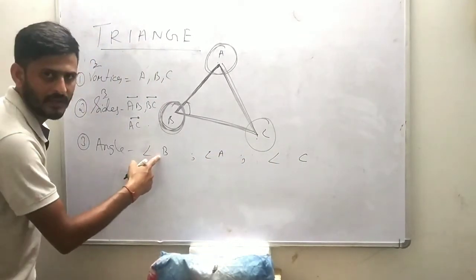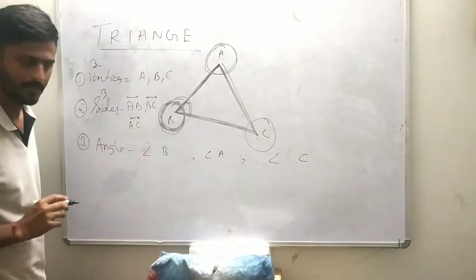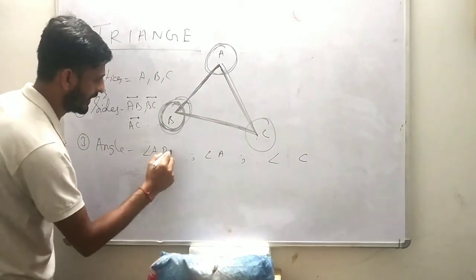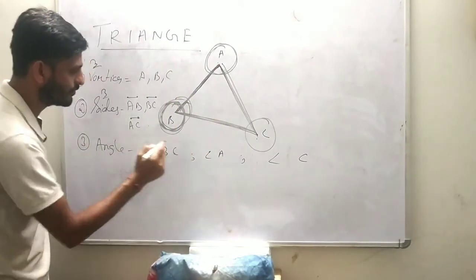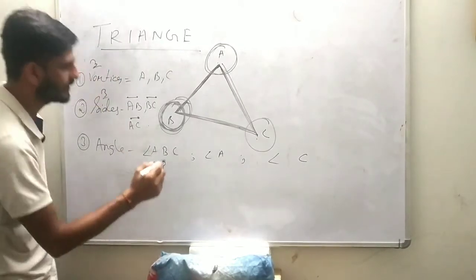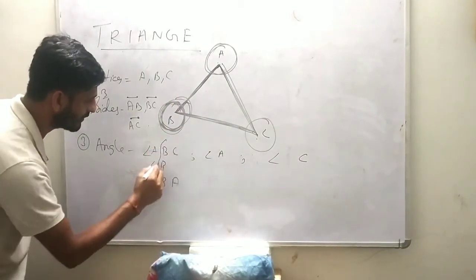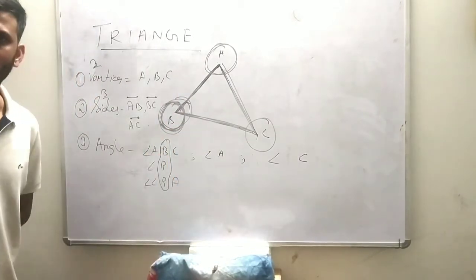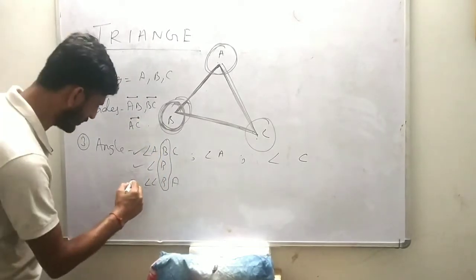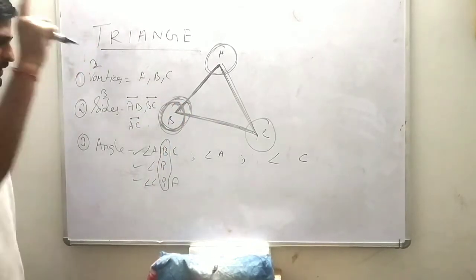This is vertex B, and the arms give angle B, which is known as angle ABC. It is angle ABC also. Understood? This is angle B. Yes, this is angle ABC, and it can also be written as CBA. The vertex is the angle only. Either you write it this way, or this way, or this way. It is the same angle, because they have the common vertex.